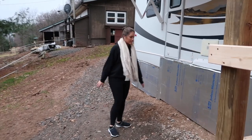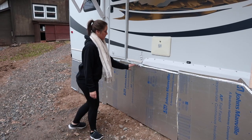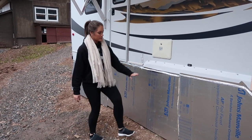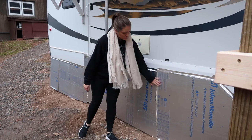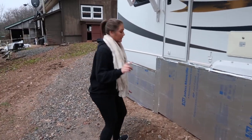Okay, and then over here, this is the skirting that we've been working on. So we put the insulation board in, we put the foil tape to attach it, and then we're going to do more foil tape or duct tape to attach these as well, like the ones that are going vertically. But if you come around the camper,